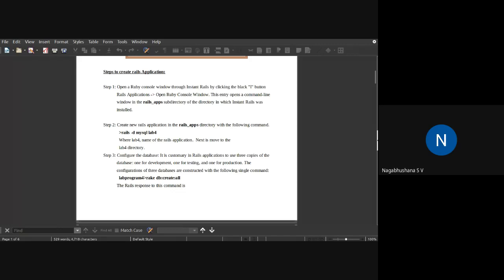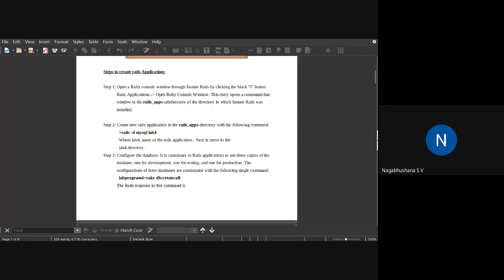Once you click on this Ruby console window, you will get a command prompt. I will show you this after explaining these things stepwise. Now, in the command prompt, I am going to type rails space -d mysql and the application name.